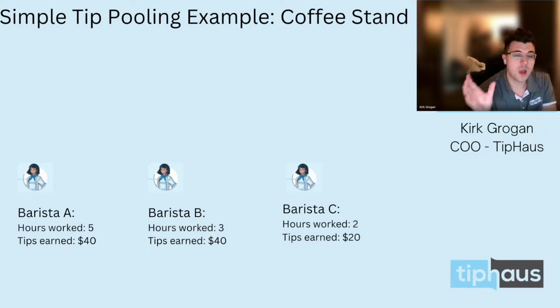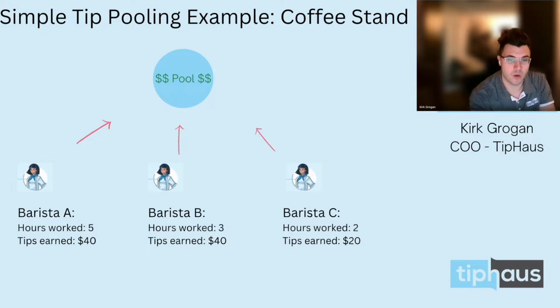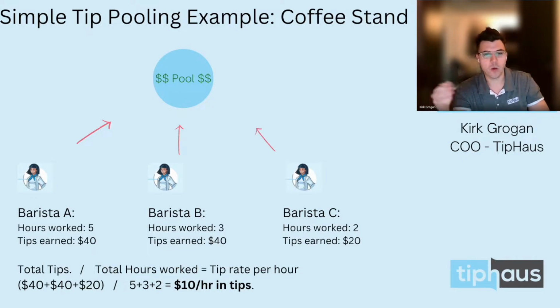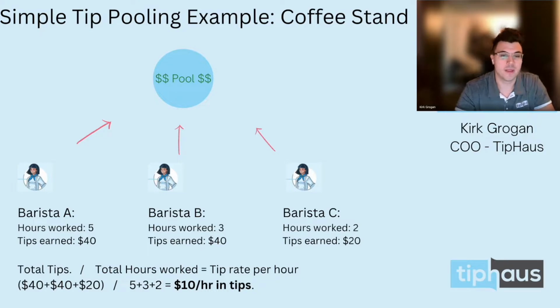Okay, so the most common form of tip pooling combines all of these tips that they earned and then redistributes those tips back to these employees based on the hours that they worked relative to each other on a daily basis. So if we take these totals above, we can do some simple math and we would see that all employees combined worked 10 hours, and that if you add all their tips up, that's $100 in tips. So now we need to understand how much an hour is worth in this tip pool. Well, we simply divide $100 by 10,